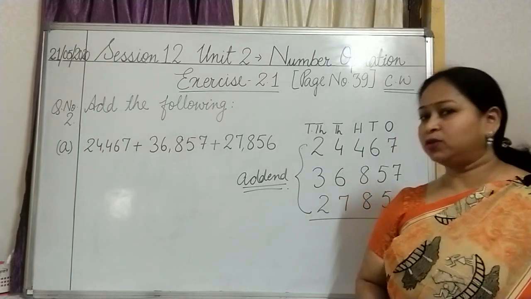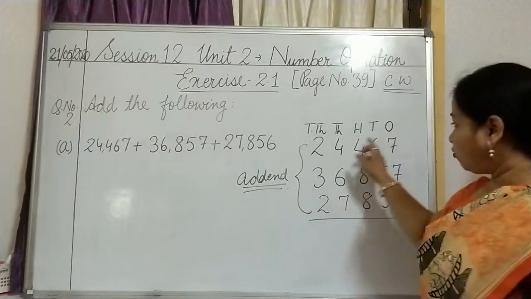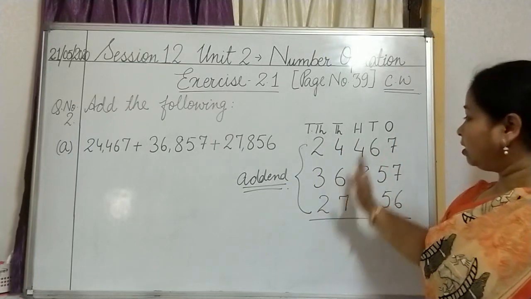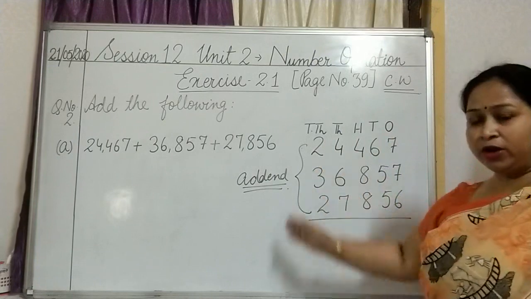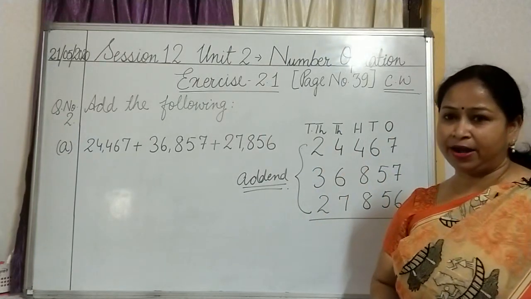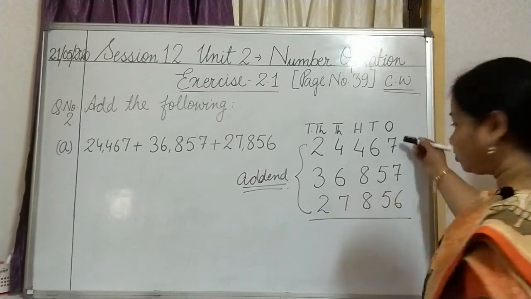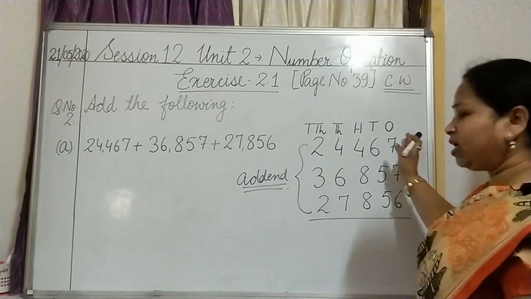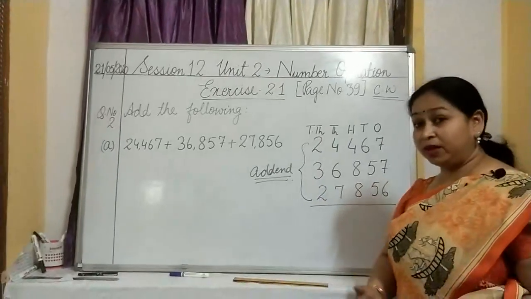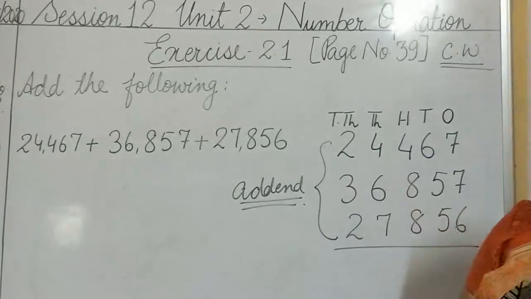Okay. So two things you have to keep in mind. You have to write the numbers with proper space in between, then arrange it accordingly, and from the extreme right we will start adding up. Extreme right. So this is the right place. So why am I starting with the ones place? Why not with the ten thousands place? It will be clear as I start doing it.